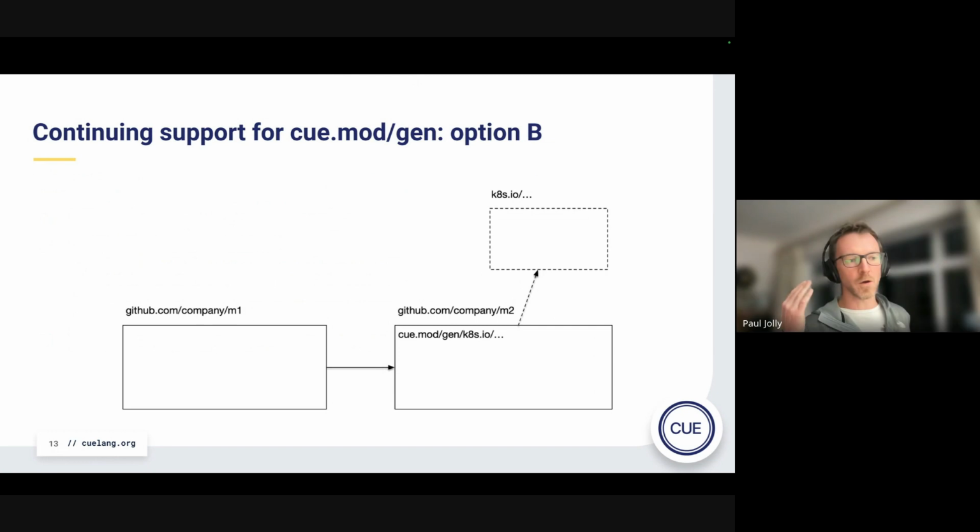Yeah. So this is part of the reason, and I misunderstood what Tony was saying, why we don't want to generate stuff into the module itself, but to keep it in that special q.mod/gen directory, because it allows us to be clear that it's in a special directory and therefore to have one of two or maybe more interpretations of that directory. And so whilst we're not landing on the right answer, we're keeping our options open